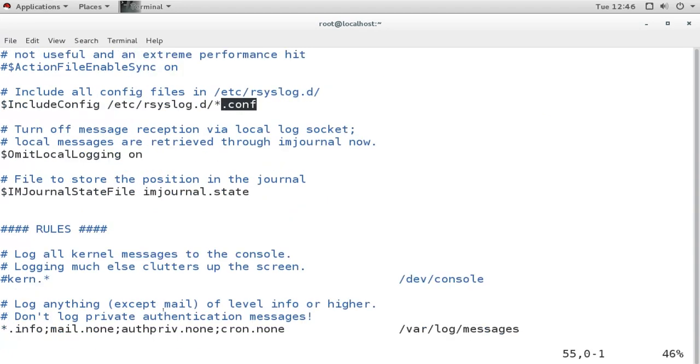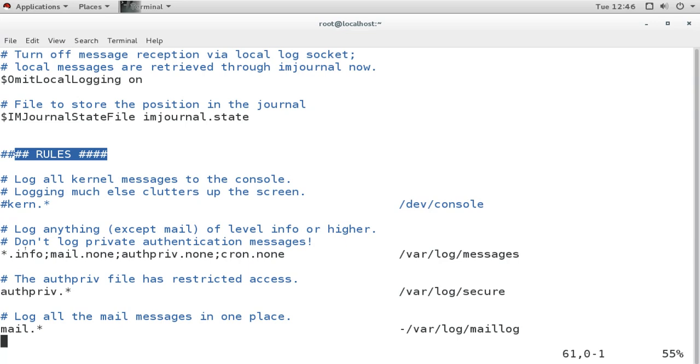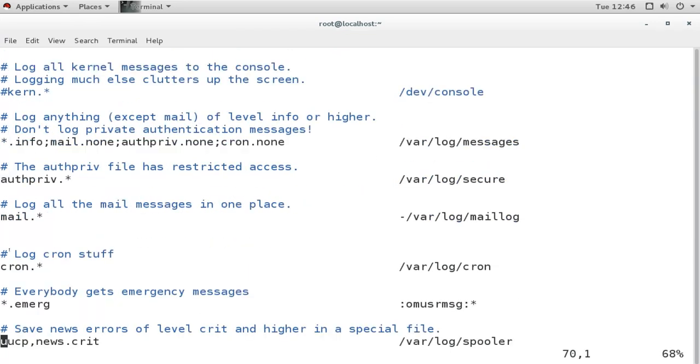Now this is the section which defines where to store those logs. The first rule enabled here says *.info;mail.none;authpriv.none;cron.none.